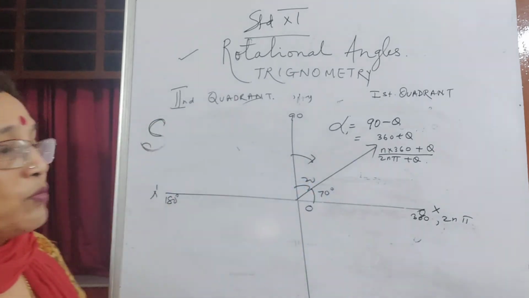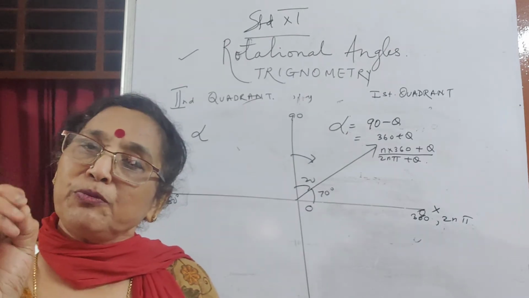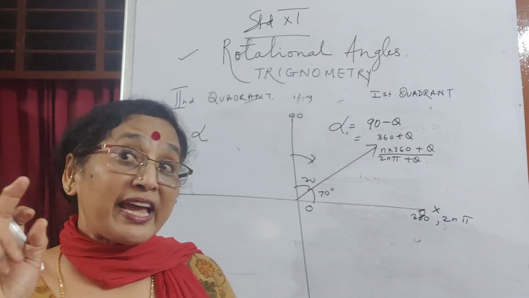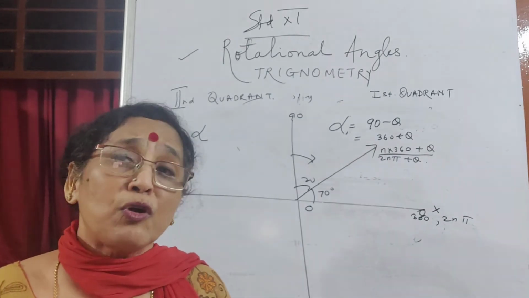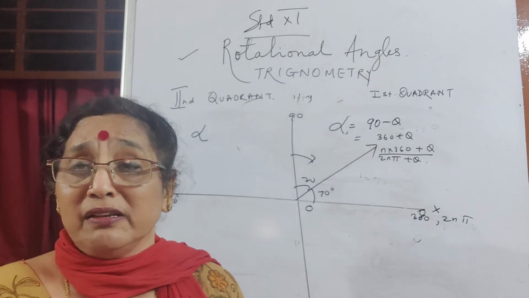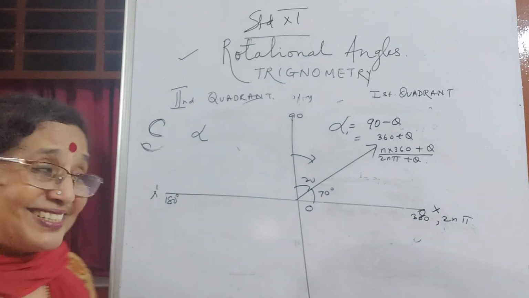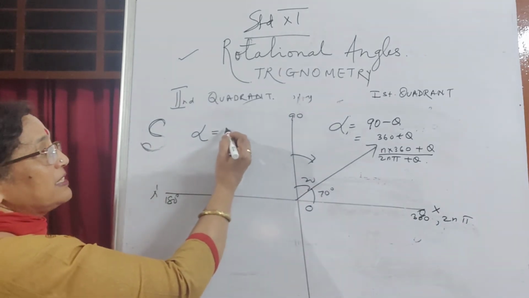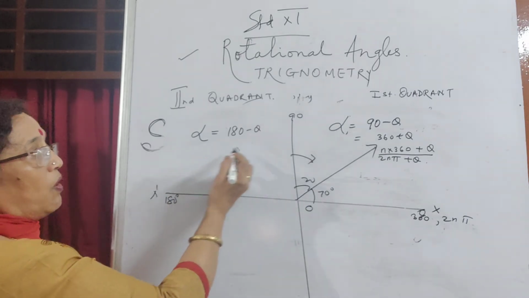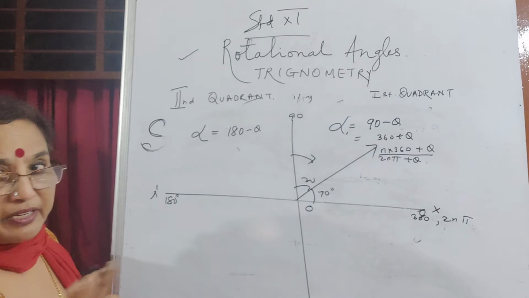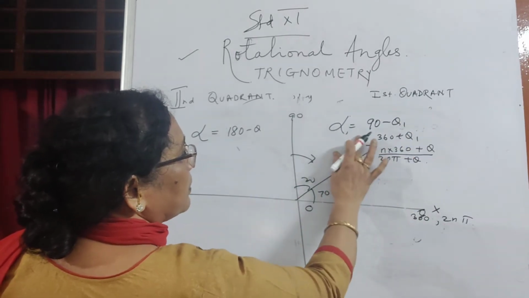Right? Second quadrant, suppose alpha is an obtuse angle. Now I have to break it up. It is second quadrant, like I say 120 degrees or 140 degrees. So 140 is obtuse. Now I want to find which acute angle it is equivalent to. So 140 anti-clockwise is 40 clockwise, right? So therefore I'll break it up as 180 minus some angle, okay? Or this is all different, not the same angle, okay? And 90 minus theta 1 or 360 plus theta 1, okay?